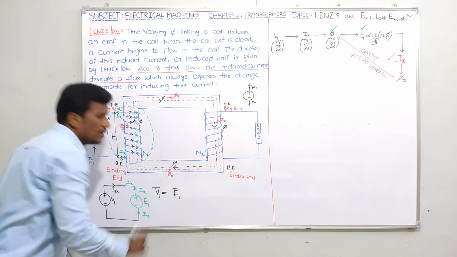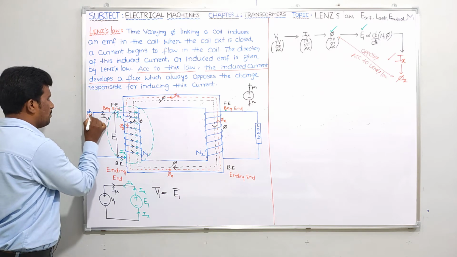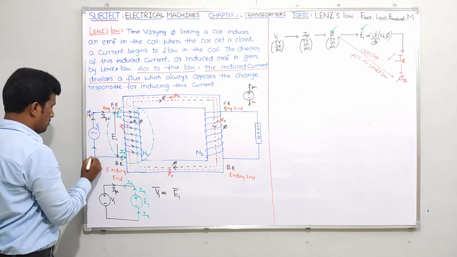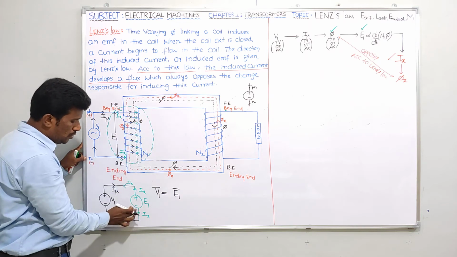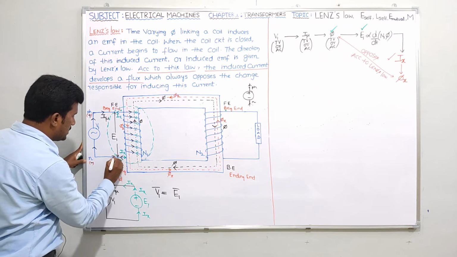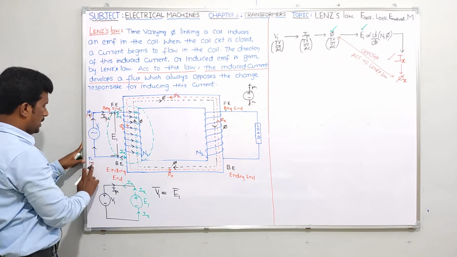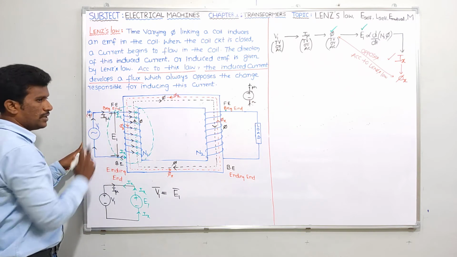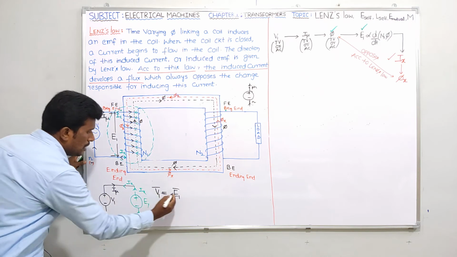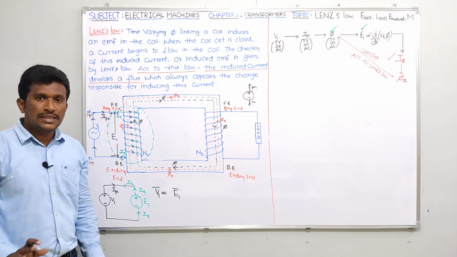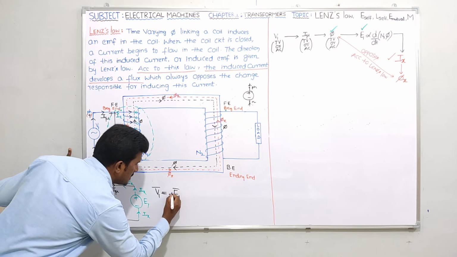That is the question I'm asking. According to circuit theory, I had taken this one as source, so in this source this end is nothing but the minus end, and the opposite is the positive end. Plus, minus, V1, E1. V1 is V1, and it is E1. Simply you write V1 equals E1 bar. That is according to circuits, that is okay, but here you should write the minus symbol.